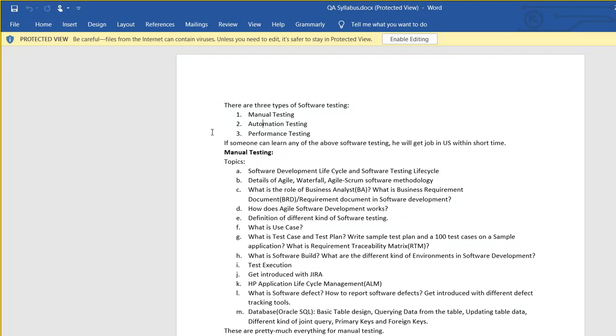You will be learning manual testing topics. In the manual testing topics, you will be learning how software development technology works, what are the techniques they follow in the software development industry. You will be learning what is server, what is the relation between server and softwares, right? You will be learning different methodology of developing software, and what are the different kind of people who work in the software industry. You will be learning what is their role.